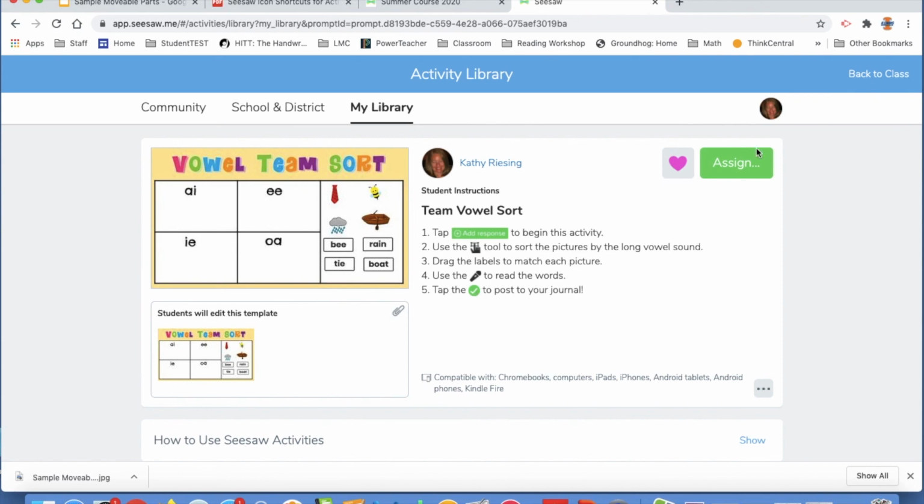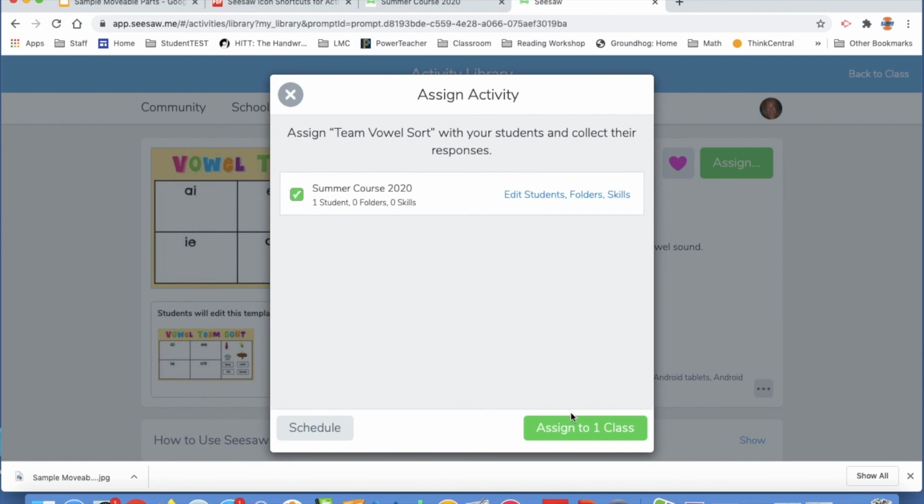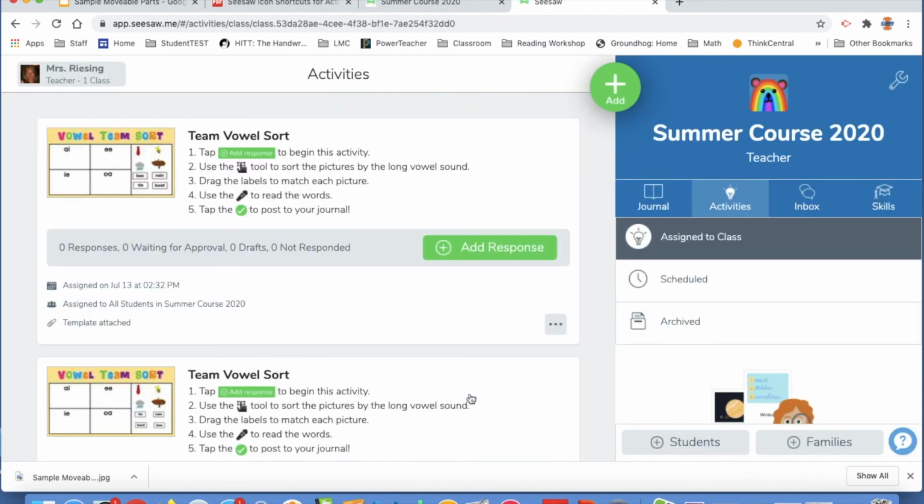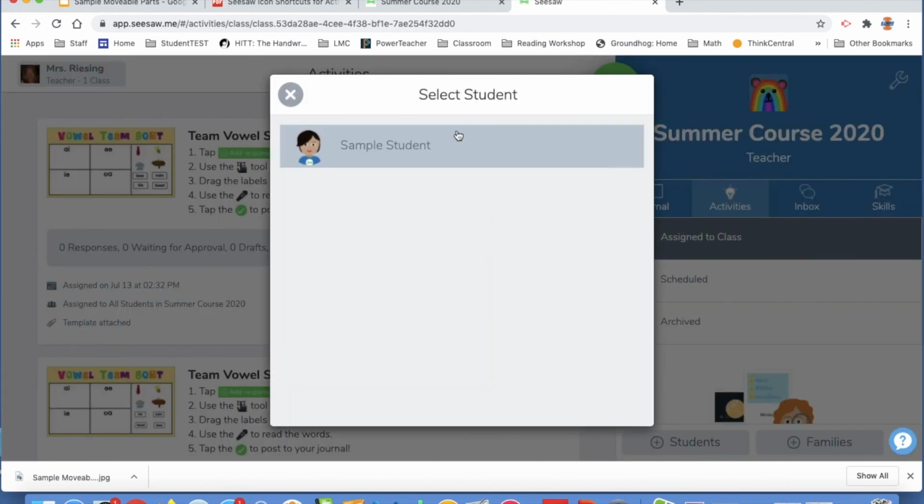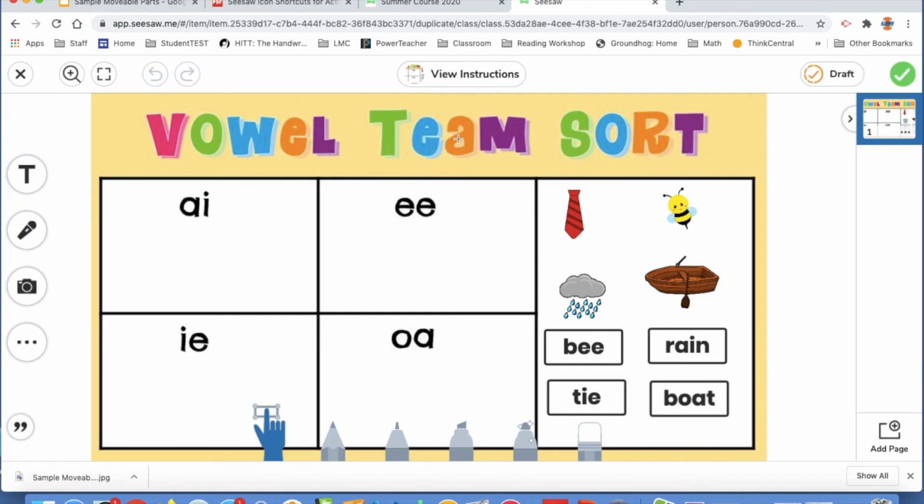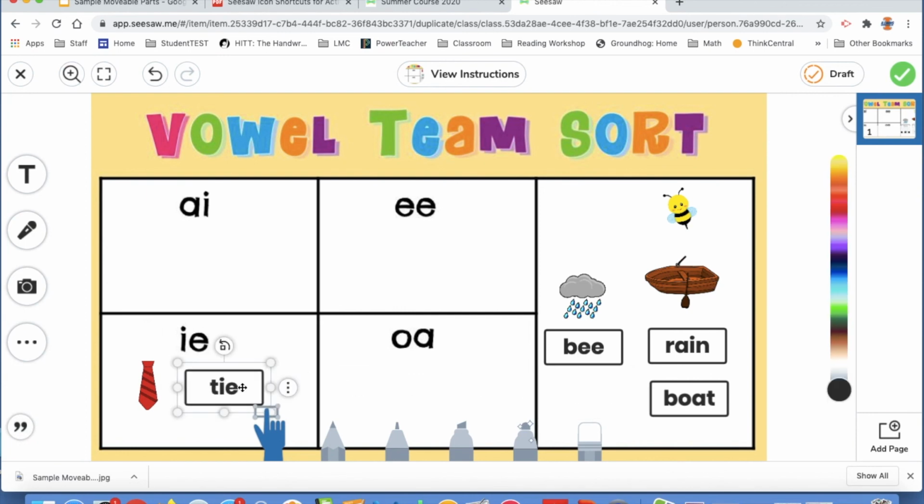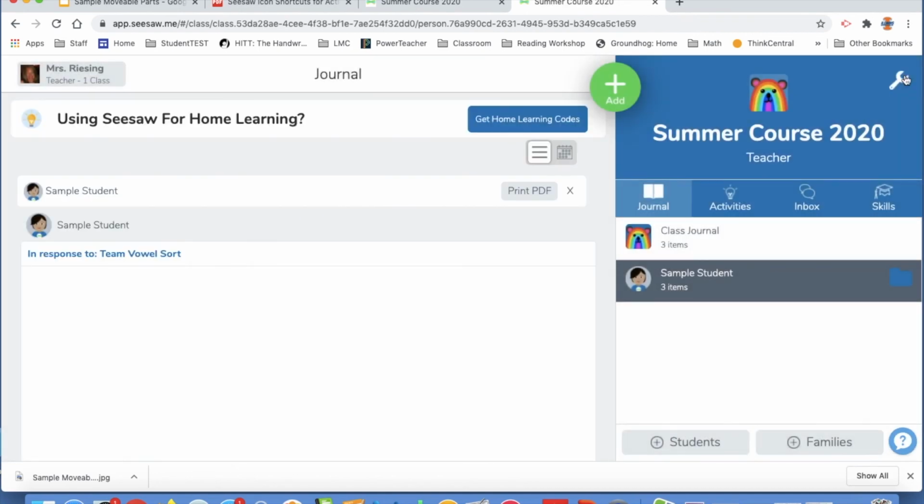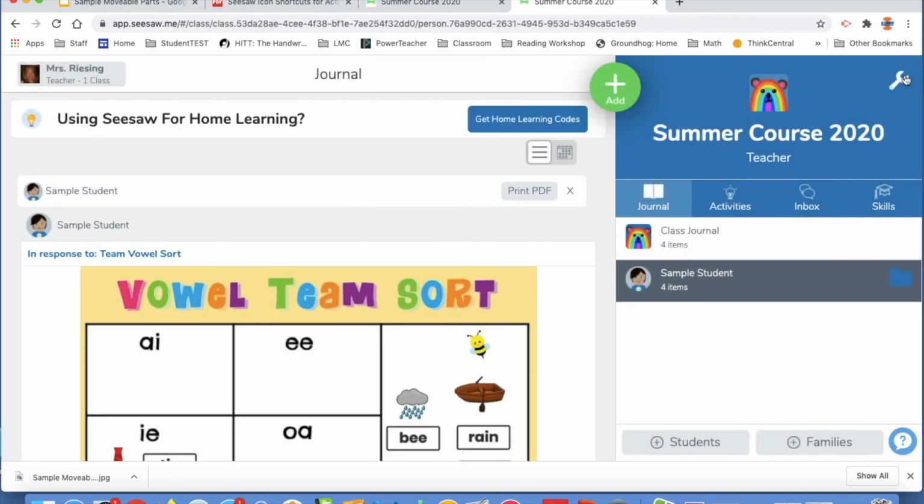And then when I assign the activity, I'll assign here. The kids can look in their activities folder, click on the activities, find the activity, and click on add response. And then it will show just like this, and they can drag and drop the pictures and then match with the correct label like that. And then when they're all done, they'll check the tab, and then it will be submitted to their journal for a teacher to review and then sent back. So that's just one example of how to create an activity that has movable